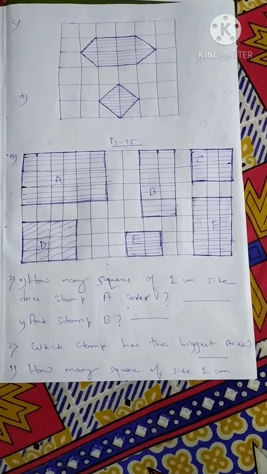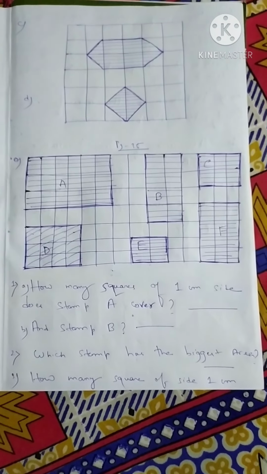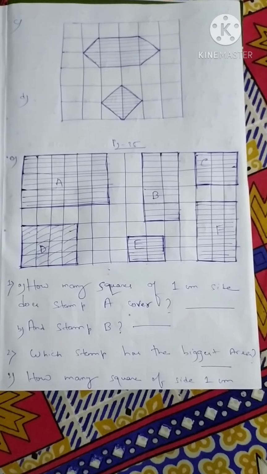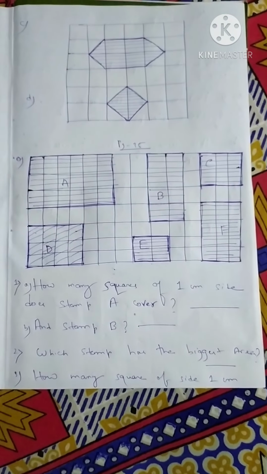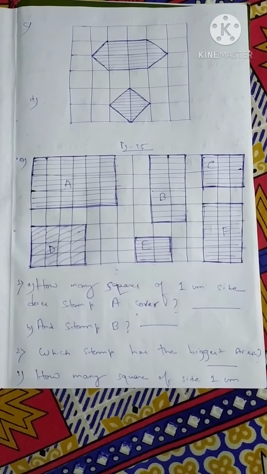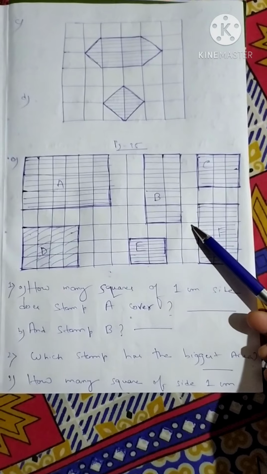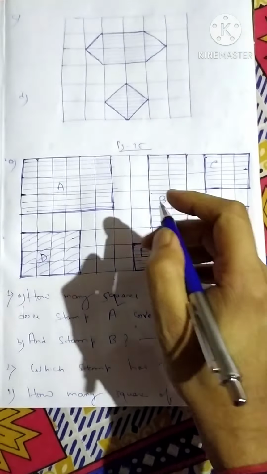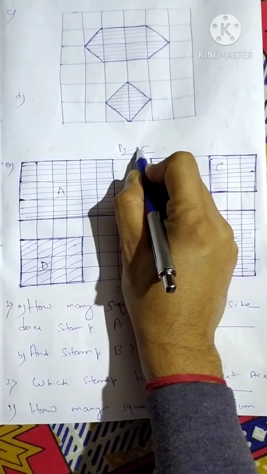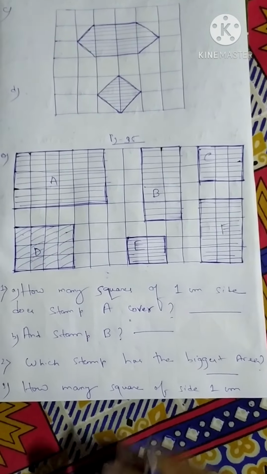So today, again, we will do some of the problems based on the chapter How Many Squares. The problem that I'm going to do is already given in your NCERT book, but here also I have drawn it. Open page number 35. When you do this sum, just open page number 35 and you can get the question.